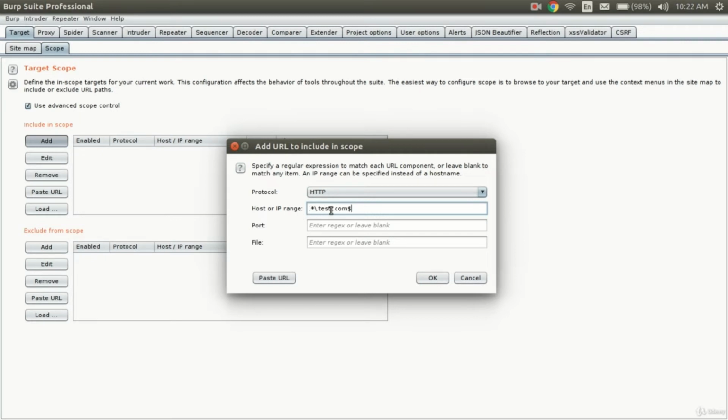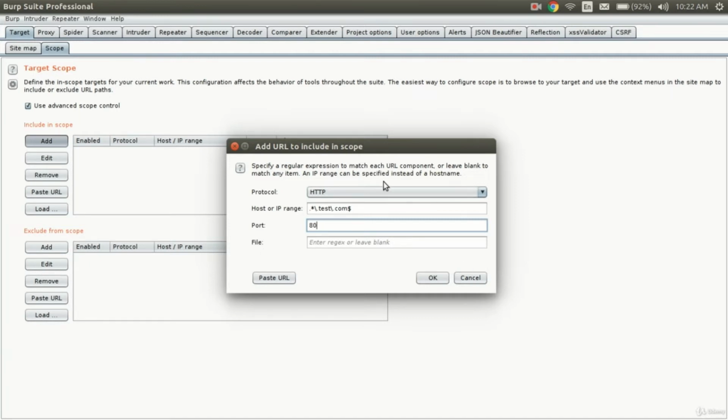If you just write this IP, then it will take care of every domain, every URL, like blog.host.com, sales.all.com, everything will come inside it. Now test will of course be replaced by the domain which you are testing, and you can give the port as required. It can be any port. For HTTP it will basically be 80, and you can give the file or keep it simple.